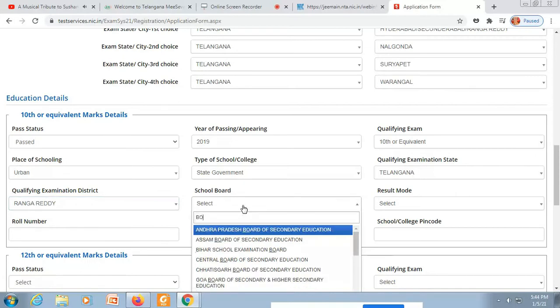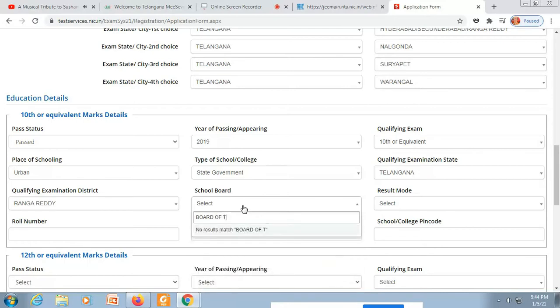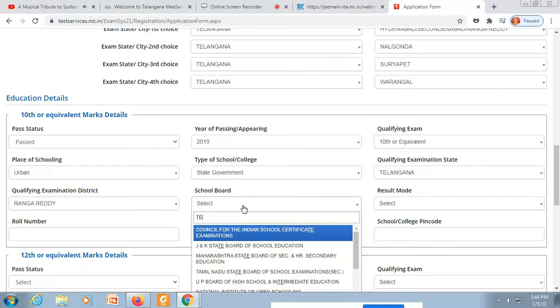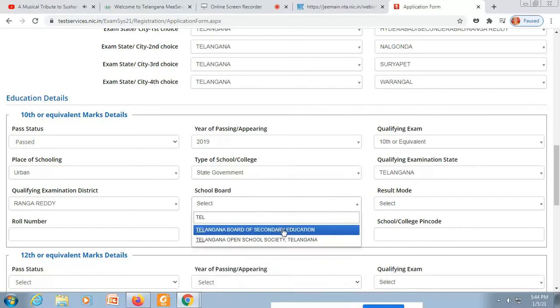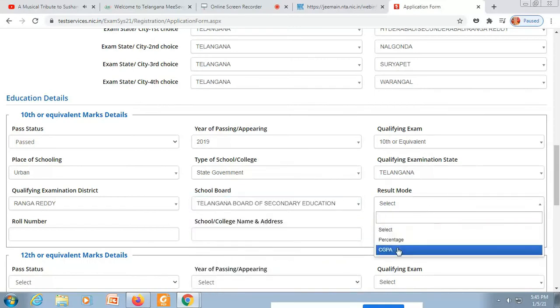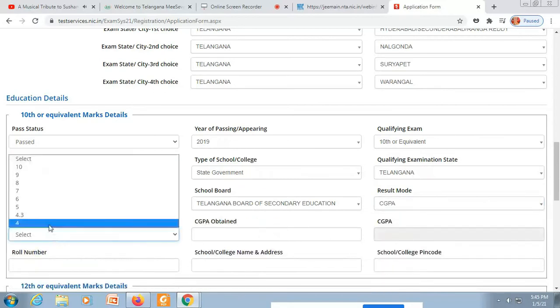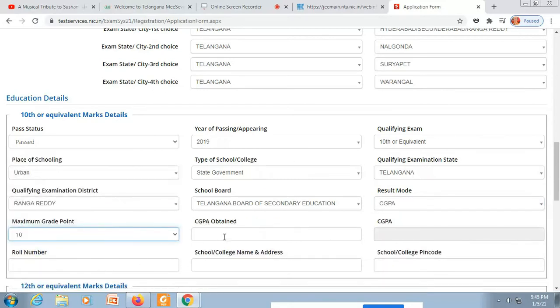Qualification exam district, then select your district. School board: Maharashtra School Board, Telangana School Board, Andhra Pradesh School Board, Chhattisgarh Board, Delhi School Board, anything. Select your school board. Then result: percentage, CGPA, percentage marks, select it.